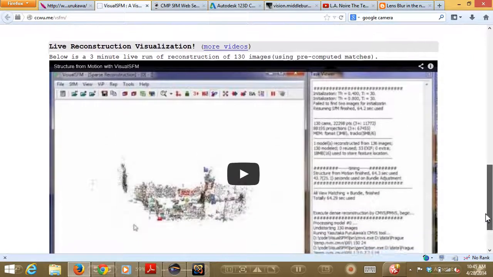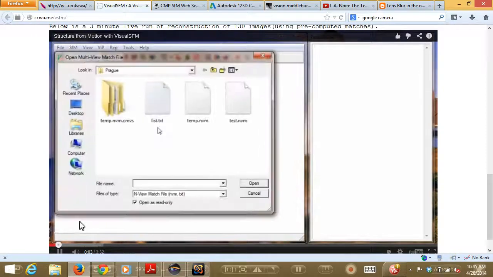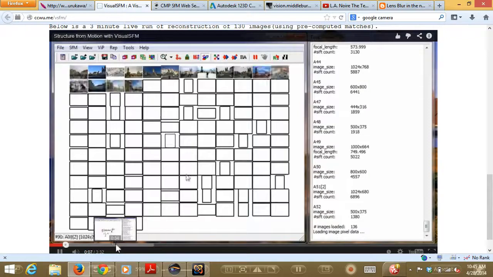And the matching, I think, may take a while. This is basically a real-time run of 3 minutes of watching it go. I'm not going to necessarily watch it for all 3 minutes. But the idea is it really is just as easy as loading up some images, generating these correspondences, and then what you see is,